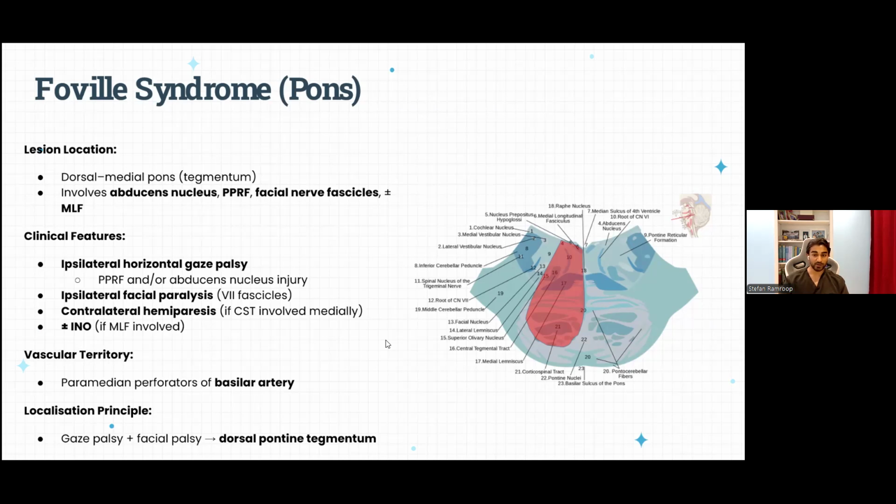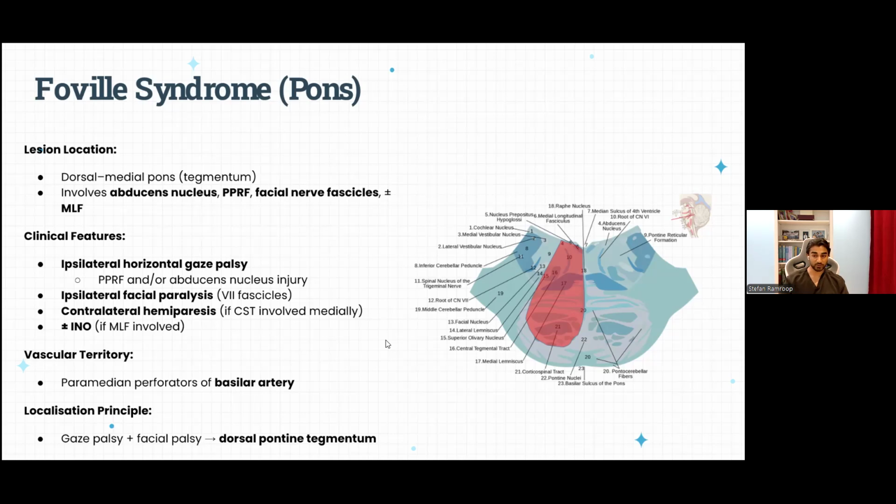And damage to the PPRF produces a similar horizontal gaze palsy, but typically with preserved abduction via vestibular stimulation. When both the PPRF and the nucleus are involved, gaze toward the lesion is completely absent. Ipsilateral facial paralysis also occurs because the facial nerve fibers loop around the abducens nucleus. This loop forms the facial colliculus, and its vulnerability to dorsal pontine lesions makes facial weakness a reliable cue